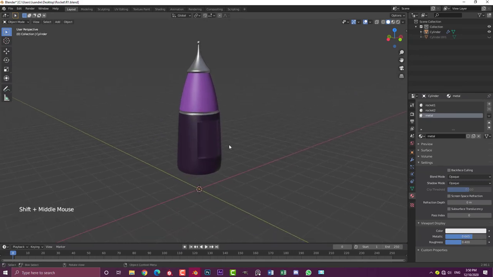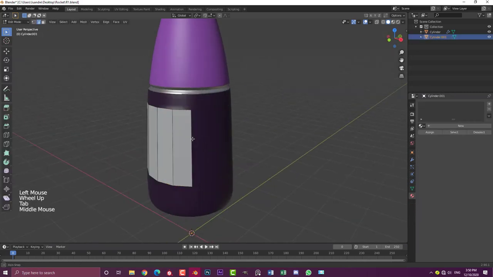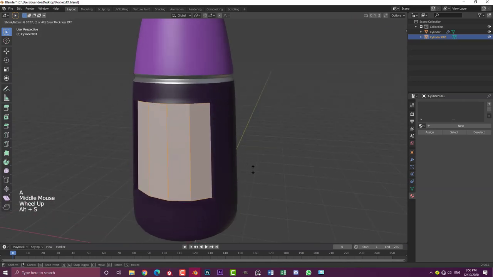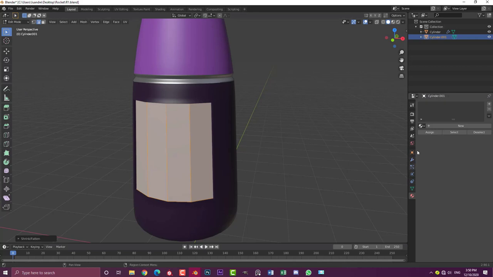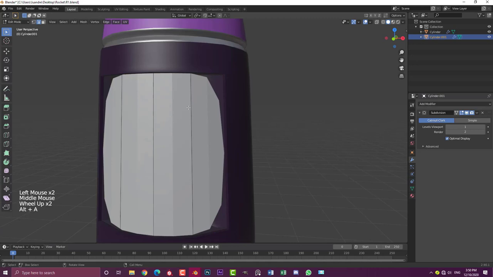So what we're going to do now is we're going to go Alt H to unhide that door we made earlier. And if this guy, we're just going to tab into edit mode, and we're going to go A to select everything, and then Alt S, and we're just going to scale it in along with normals just a little bit. Then we're going to give this guy a subdivision surface modifier,